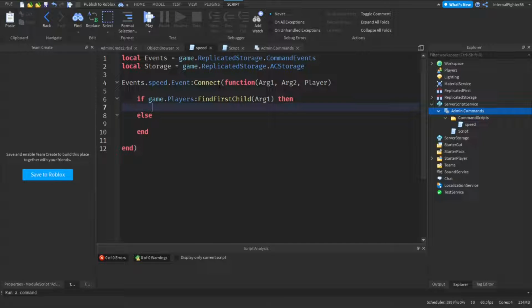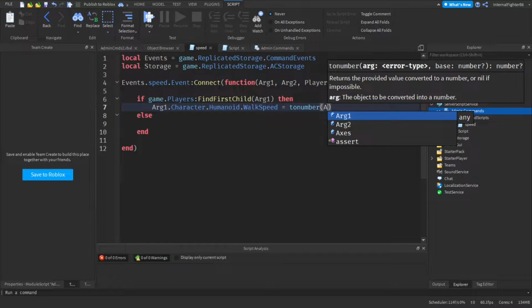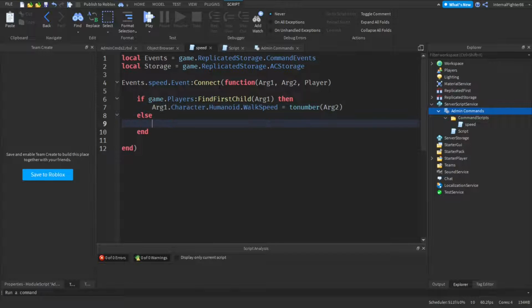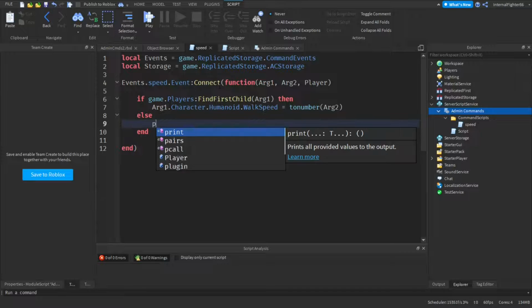Then arg1.Character.Humanoid.WalkSpeed is equal to number and arg2. There we go. If it's not found, we can say print